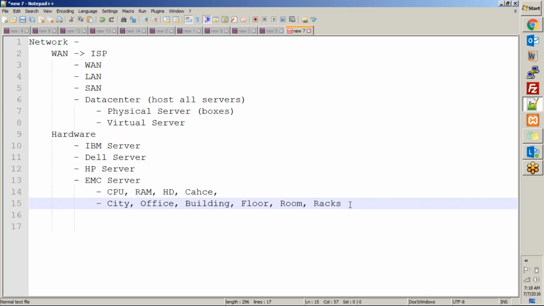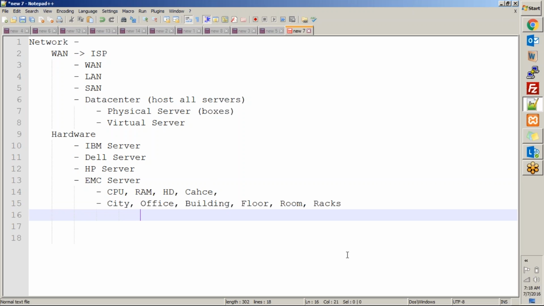See the level of detail that we go into when we design our CMDB. Just by looking at the record, you can identify what place within the building, within the office, within the city, within the country, and within the continent the server is actually lying. Then you have other information like,